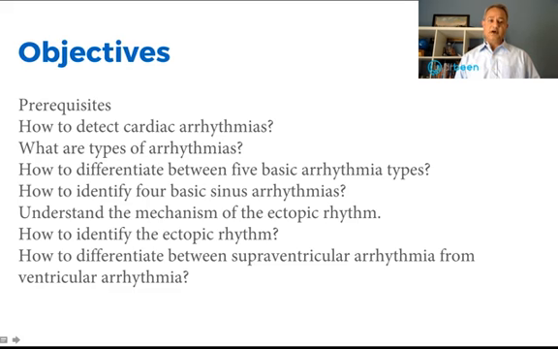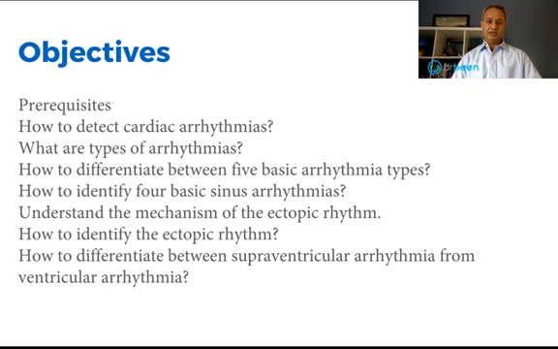Objective of this particular lecture is number one, to talk about the prerequisites. So let's talk about them right now. For this particular lecture, I have done a lot of pathophysiology lectures with the EKG changes and why the changes occur. So if you go in the cardiovascular system and in the EKG module of the cardiovascular system on our site, you will see arrhythmia lectures. Please make sure that you have gone through those lectures, because over there I have discussed the pathophysiology and linking